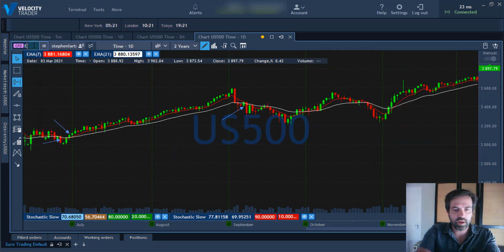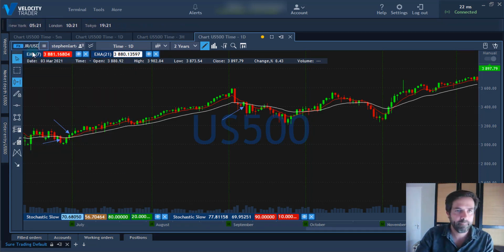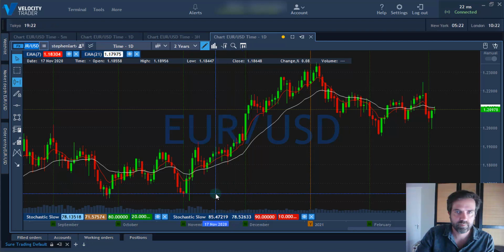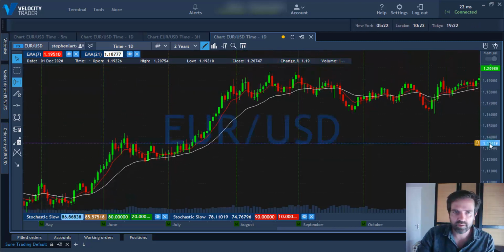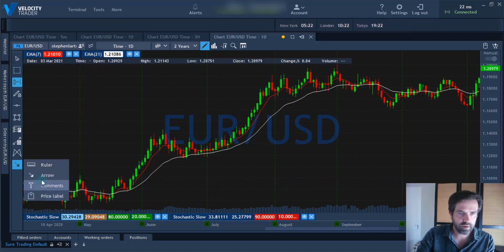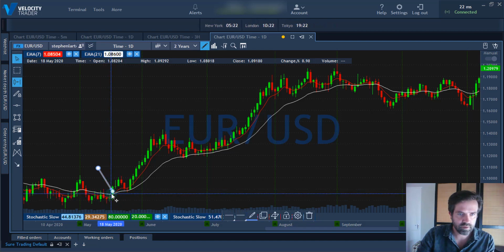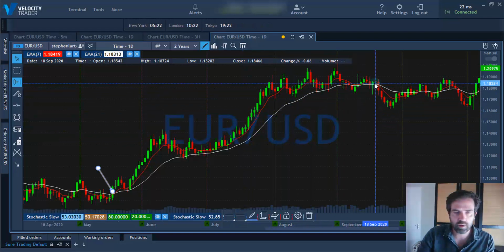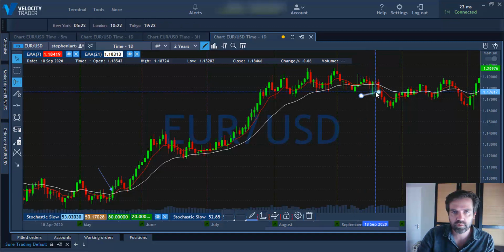Let's just go and have a look at another instrument. Let's go look at a Euro US dollar pair. See what happens on that chart. As you can see, there's a massive upward turn over here. So you would enter over there because the moving averages crossed upwards. You'd remain in this trade all the way to the top over here where it broke through and crossed downwards,